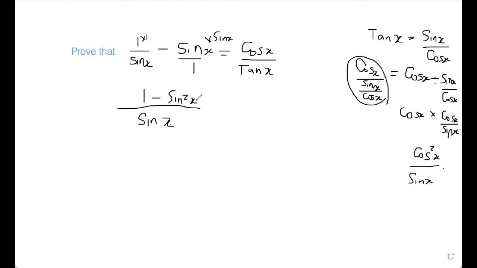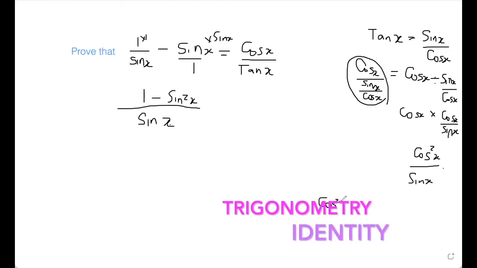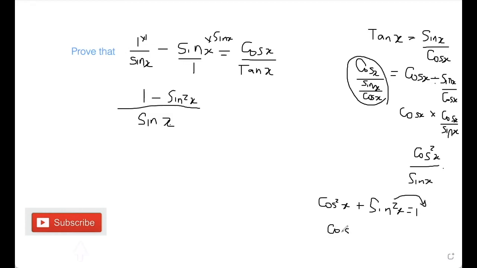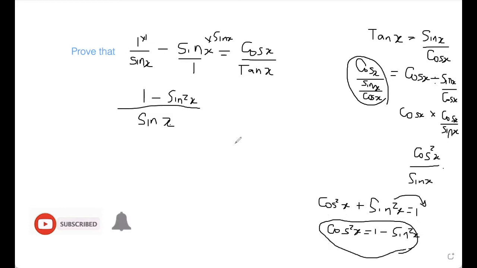Now 1 minus sin square x, that is an identity. It's coming from the trigonometry identity that states cos square x plus sin square x is equal to 1. So if I make cos square x the subject, carrying sin square x over to the equal sign, I will have cos square x is equal to 1 minus sin square x. So now I can replace the 1 minus sin square x that I have here with cos square x. So now I have the cos square x